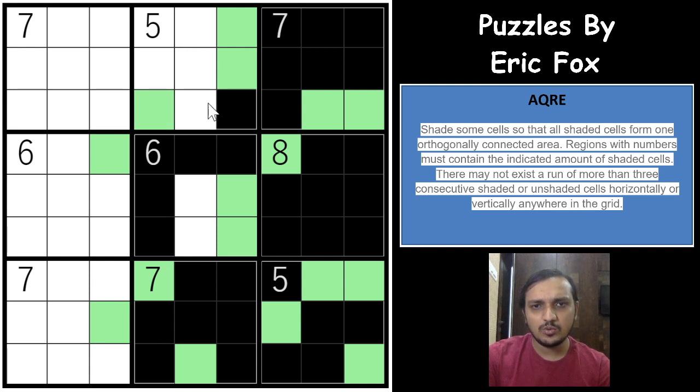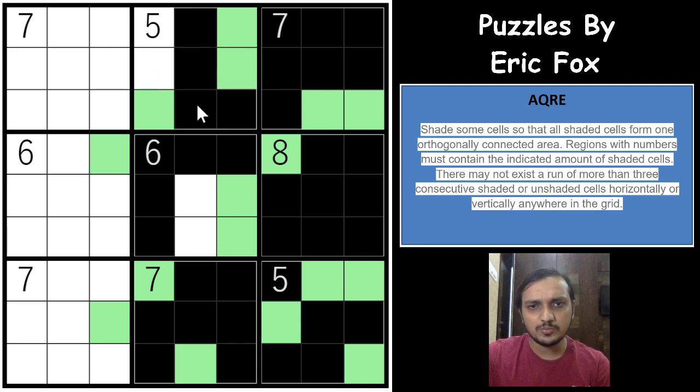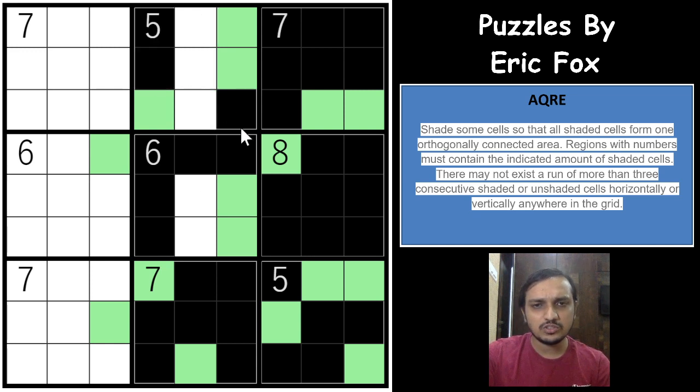And for the 5 now, as you can see, out of the 5 remaining cells, 4 cells will have to be shaded, and all these 3 cells cannot be shaded. Then you will have 4 cells continuous shaded here, which means that these 2 cells will have to be shaded again. And okay,